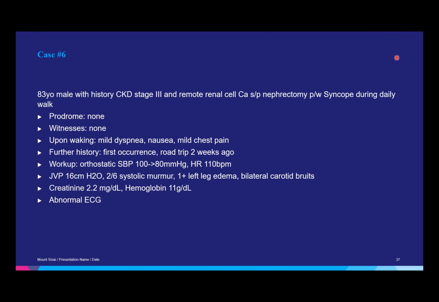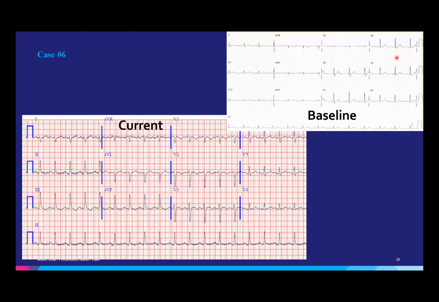When you evaluate your patient, the orthostatic systolic blood pressure drops from 100 down to 80, becomes a little tachycardic. You notice a little bit of a JVD. You listen to their heart, there's a systolic murmur. You see a +1 edema only on the left leg. You're so good. At this point, you're like looking for bruit. The creatinine is slightly up, but close to the baseline. The EKG doesn't look okay. This is the EKG.